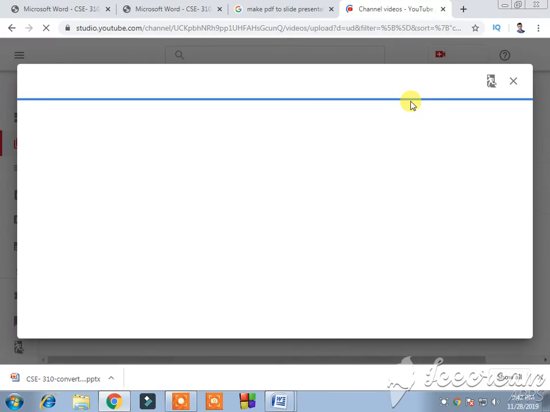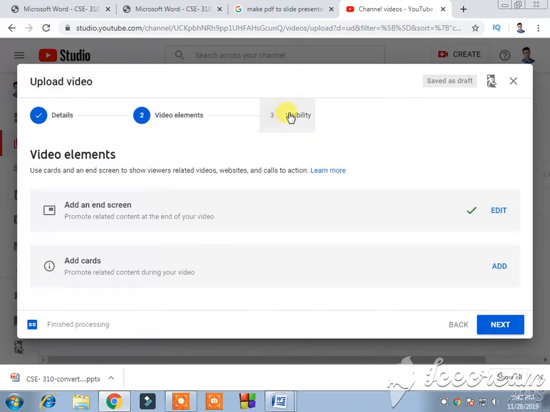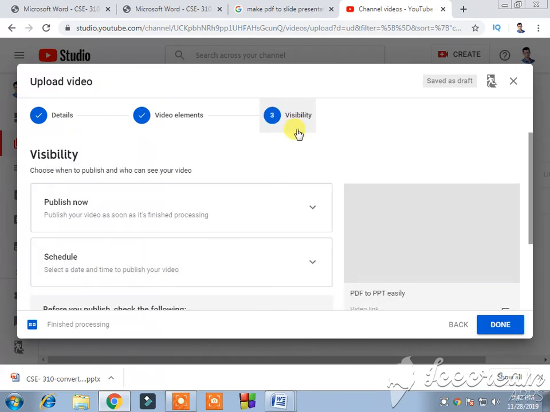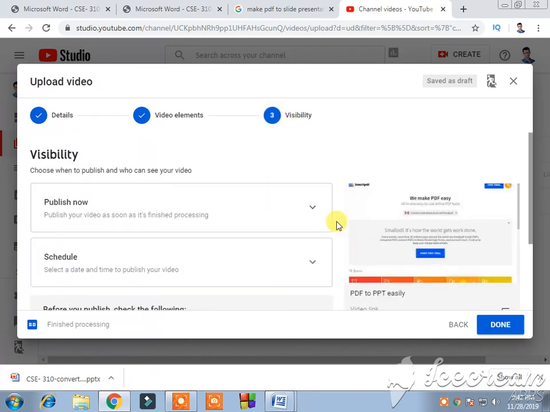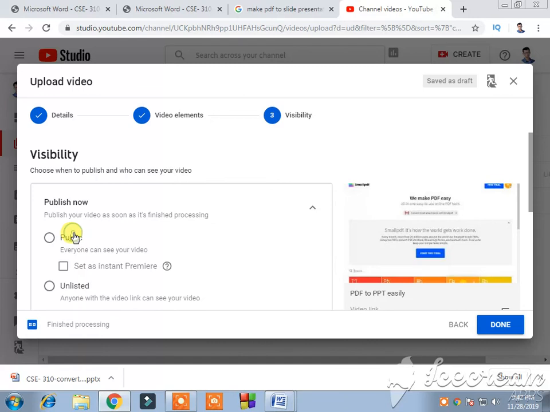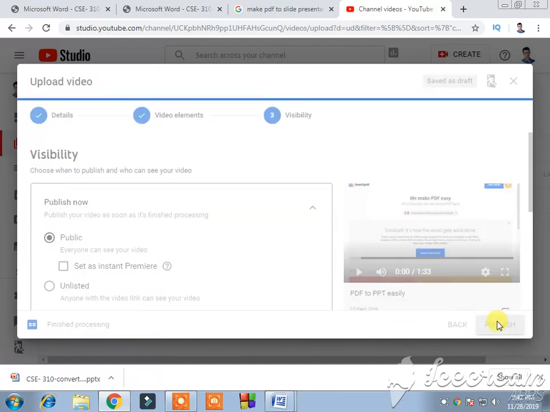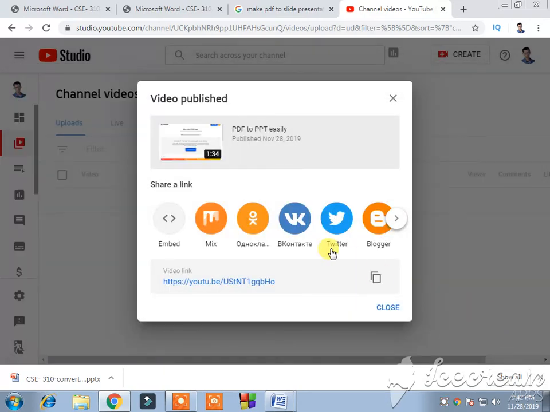Okay, it will take you to the main window, and simply it takes a little bit of time. Okay, simply you have to click on visibility and click on publish, make public, and publish. Okay, your video will be published on YouTube, and in the last 30 seconds you will